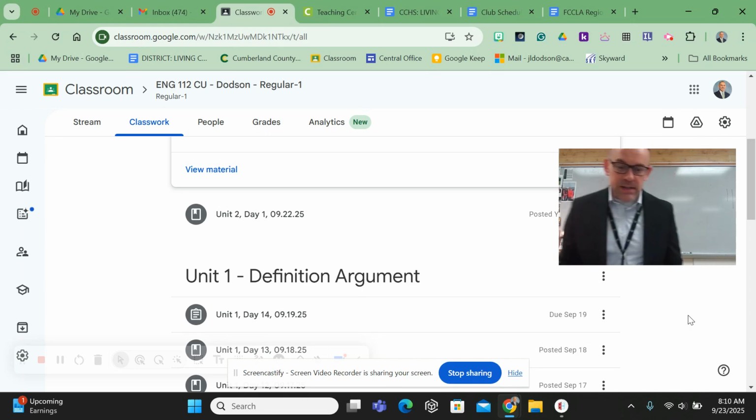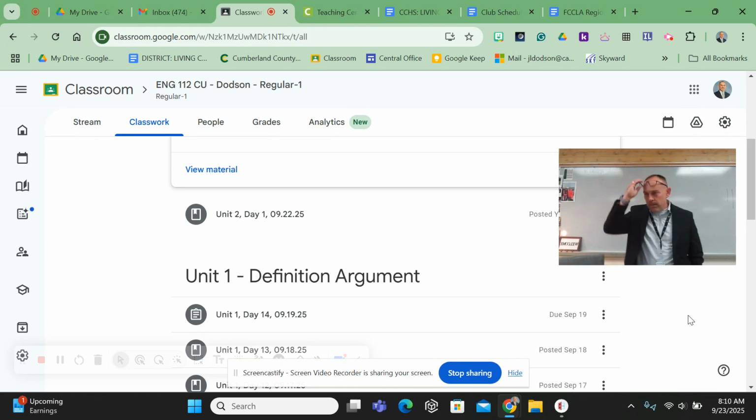And then number 4, what distinction does Asch draw between consensus and conformity? There's a difference between consensus and conformity. If we reach a consensus, what have we done? We've agreed by what process? How did we reach the consensus?